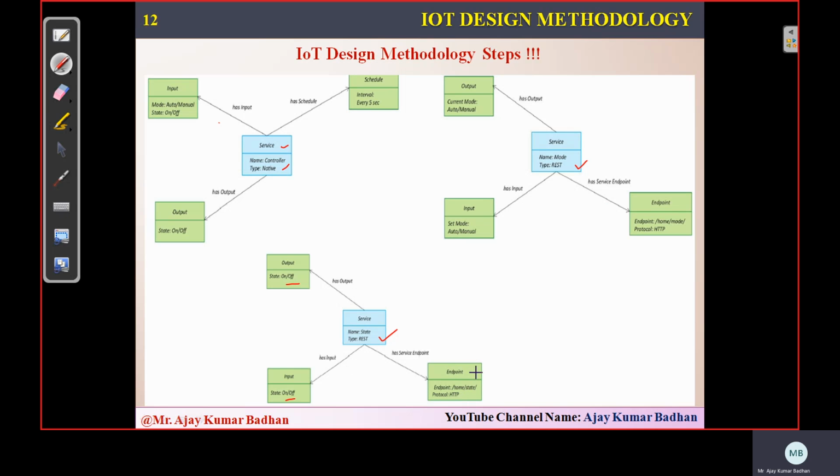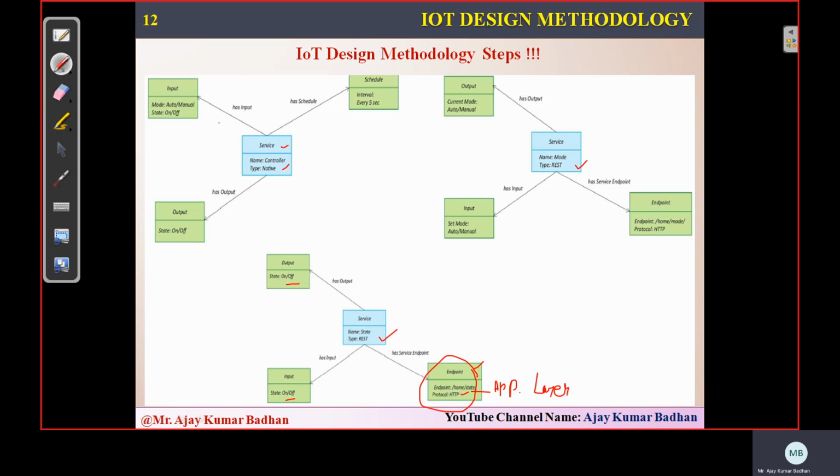And what we discussed about endpoints, right? Service endpoint. Using this, the state information is transmitted from the IoT devices to the appliances. Here you can see HTTP, Hypertext Transfer Protocol, and in which layer do we use that? The application layer. This HTTP we use at the application layer. I think you might be familiar, we already discussed the layers in your first unit. So in the application layer, this is the endpoint.